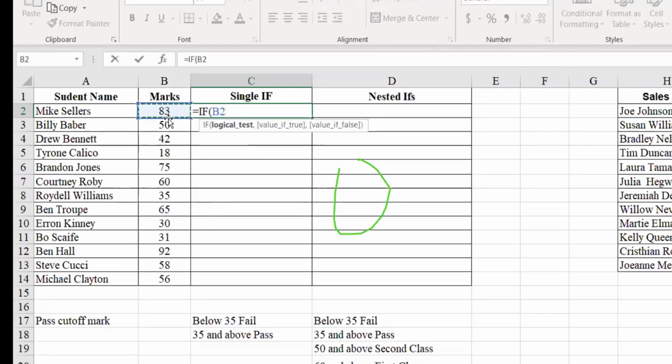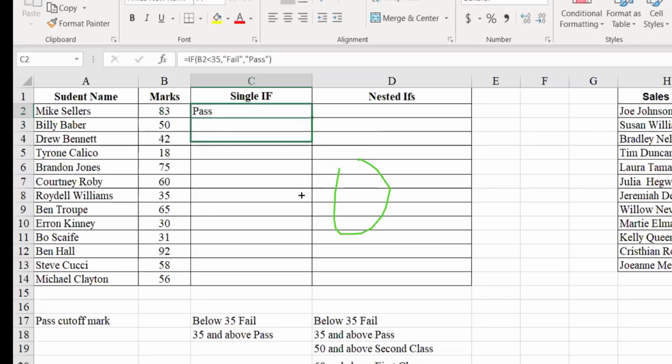So this 83, if it is less than 35, comma, this is the test. Comma, if it is true, what should it be? Fail. And if it is not true, if it is false, that means if this condition is not true, it should be pass. Bracket close and press enter.